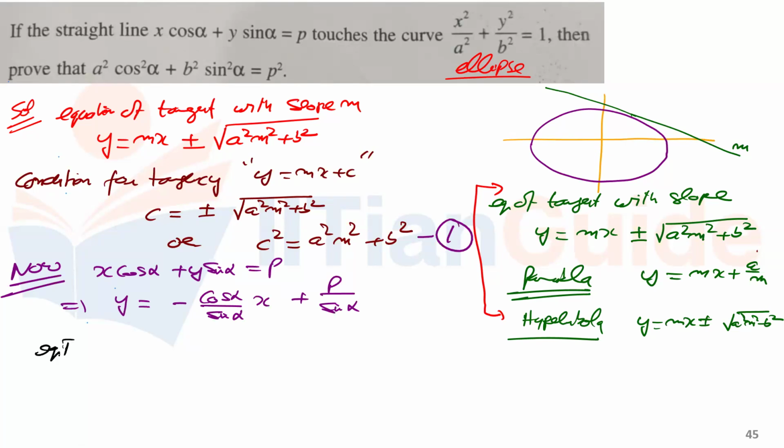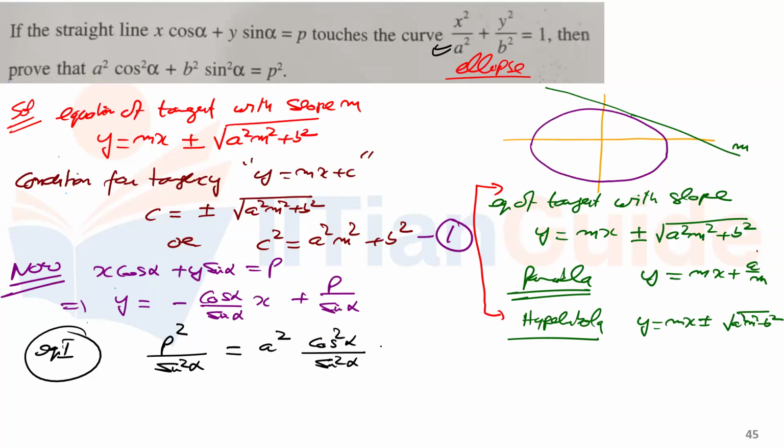So equation 1, I remember the condition for tangency. C is nothing but p upon sin alpha. So c square, p square upon sin square alpha, is equal to a square m square plus b square. A is nothing, semi-major axis. M is nothing but minus cos alpha by sin alpha. Do the square, you are getting cos square alpha upon sin square alpha plus b square. I got this. Just multiply with sin square alpha. You are going to get the answer, that is p square equals a square cos square alpha